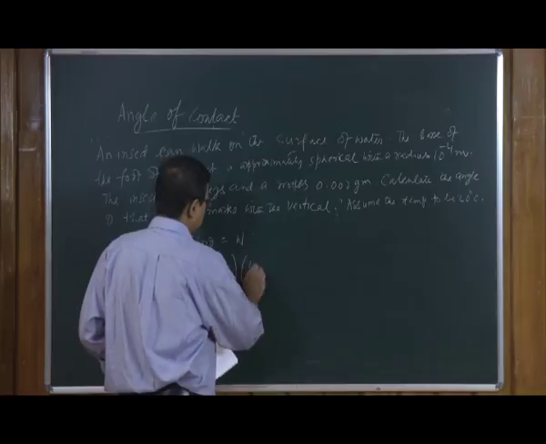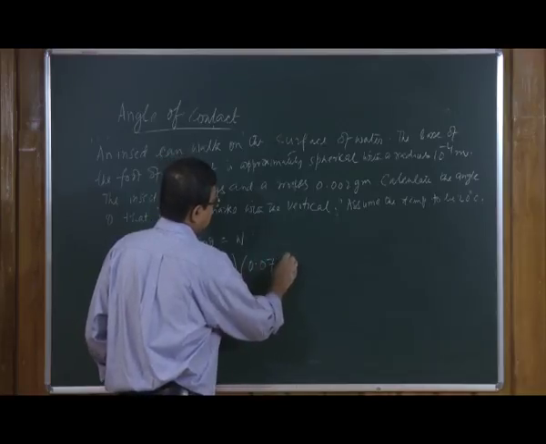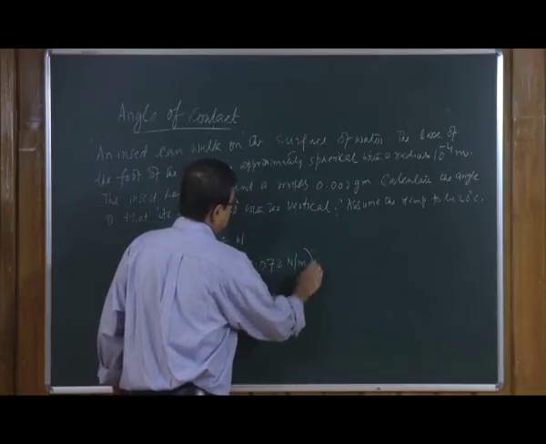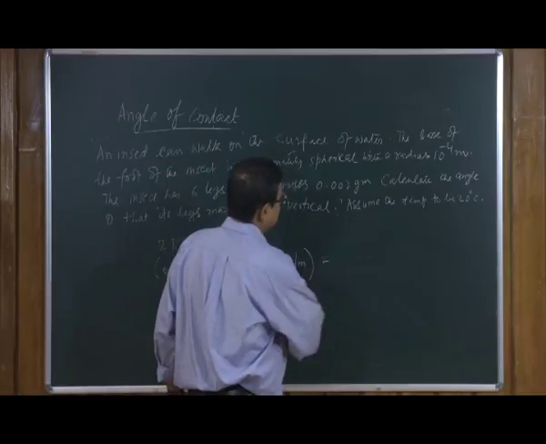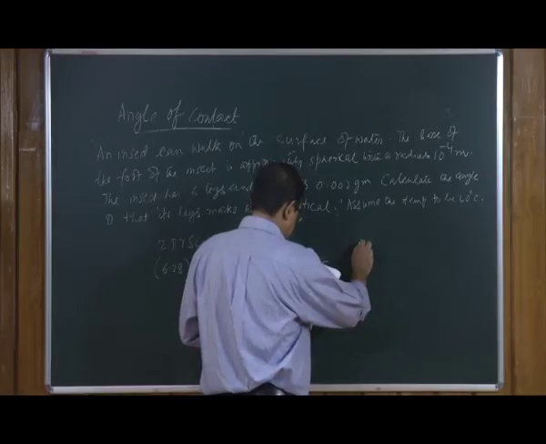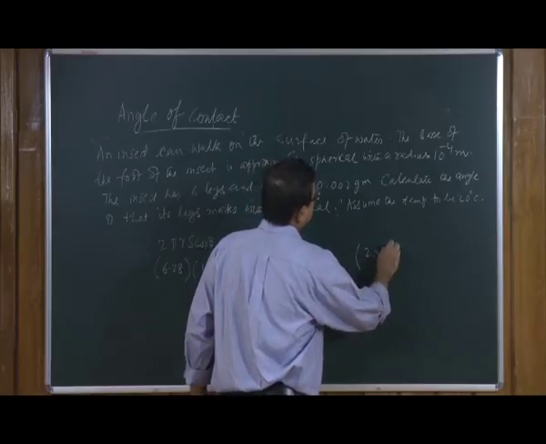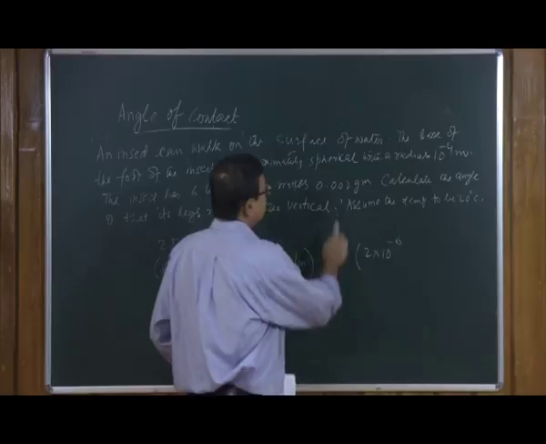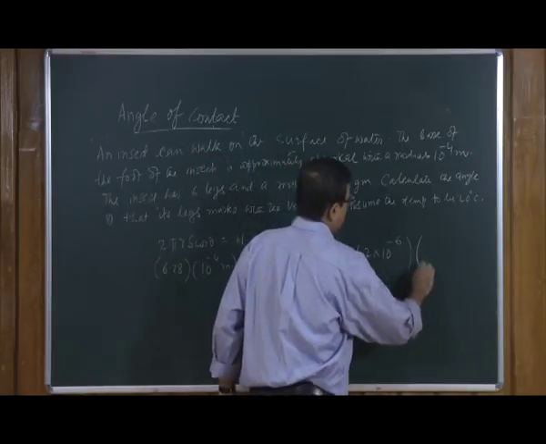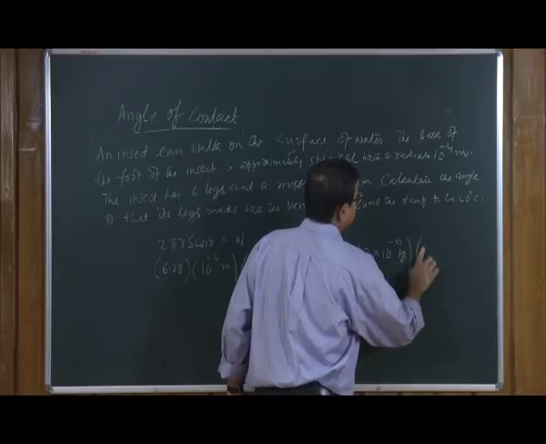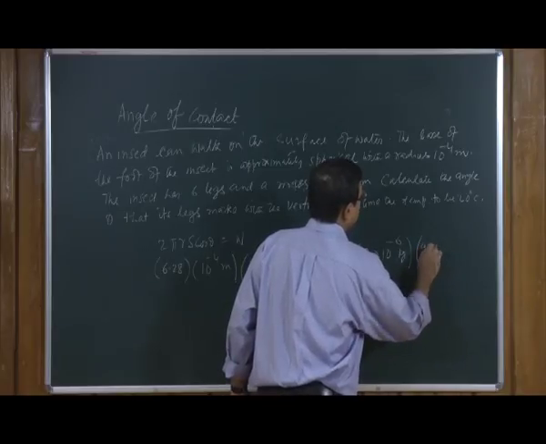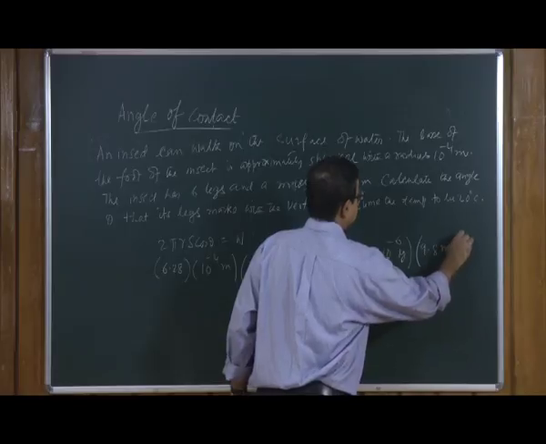We will write it once more. It is 0.072 Newton per meter, and that is equal to mg, 2 into 10⁻⁶ is the mass, and so this is kg, and this is 9.8 meter per second square,